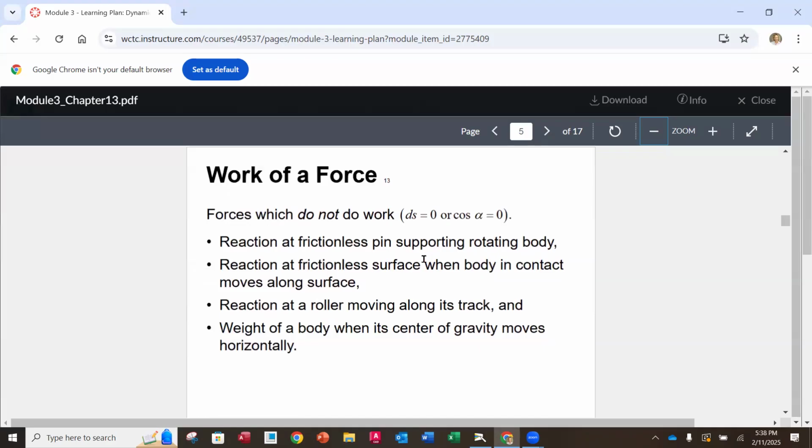So, work of a force. Forces are going to perform work, and work is basically exerting a force through a distance, okay? And that's the very basic definition of work. There are a lot of things that sometimes we think we're doing work, or it feels like we might be doing work, but we're actually not. And I like to distinguish work in terms of when I look at the force that I'm analyzing,